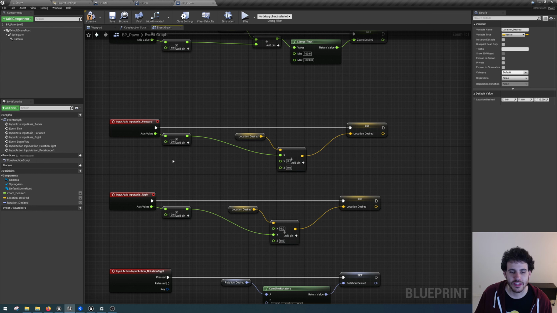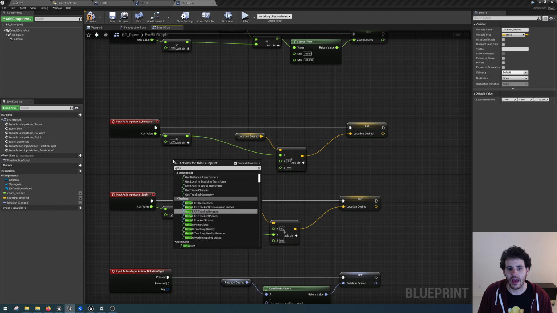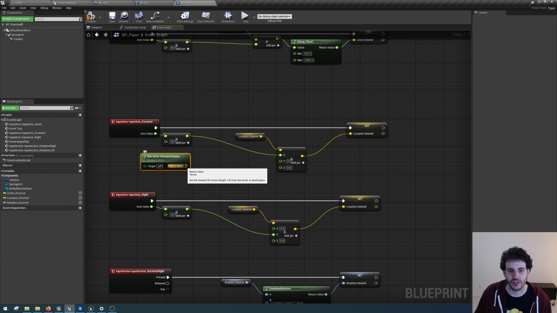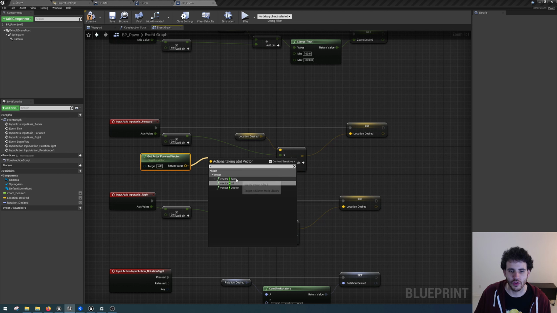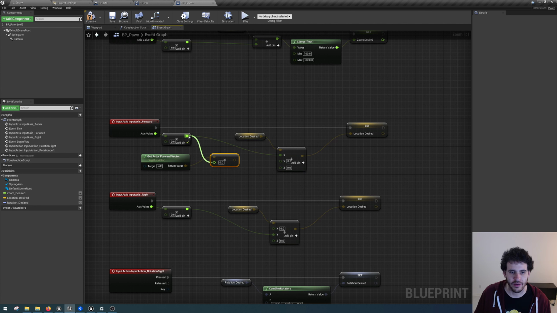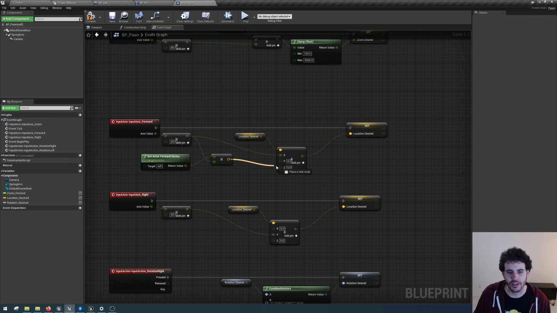For the forward, we simply have to right click and look for get actor forward vector right here. So this is the direction in which the actor is looking. Then we can multiply this vector by a float, so vector times float. So the float will be the amount we want to move, so it's going to be the forward axis times the speed right here. And then we have to connect the result to that addition right there, but we can't,